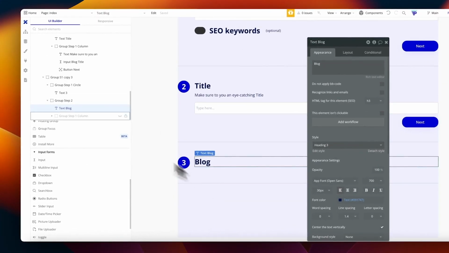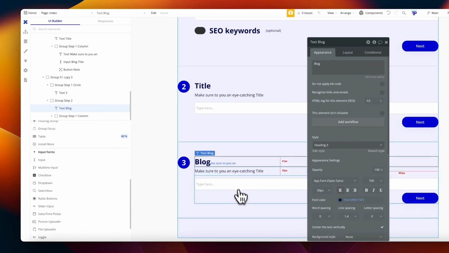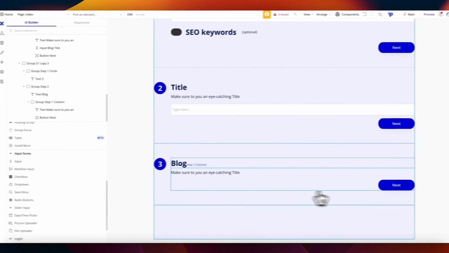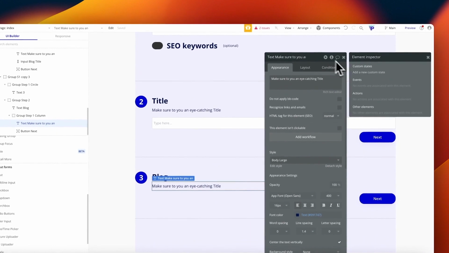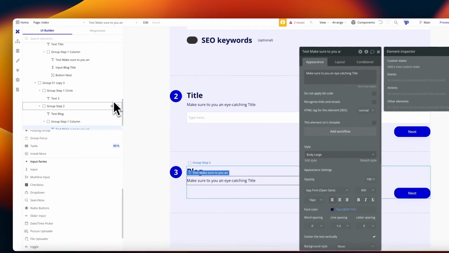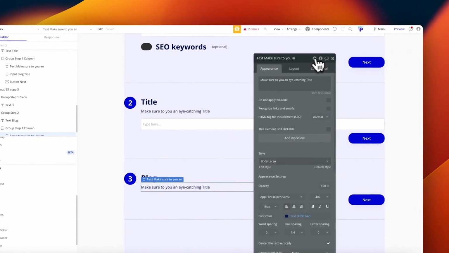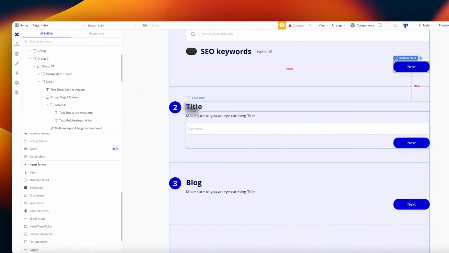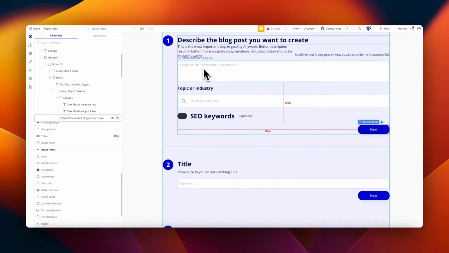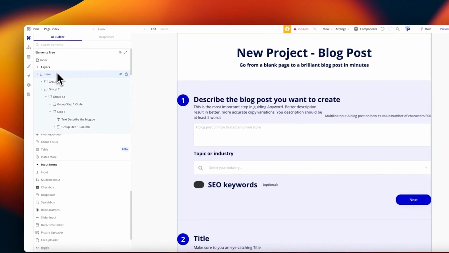Now, for this stage, what I'm going to do is delete these, and I'm going to set this as the actual return state from the hero. So what I'm going to do is set up these states to capture the information as we go through. So in the hero custom state,